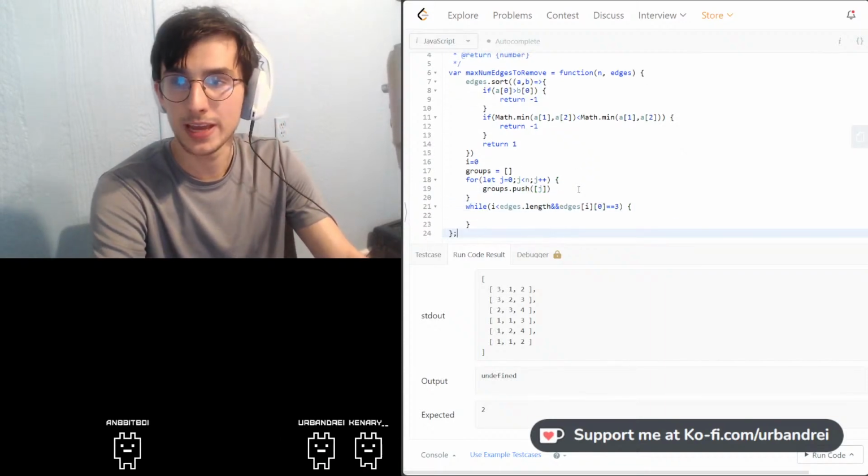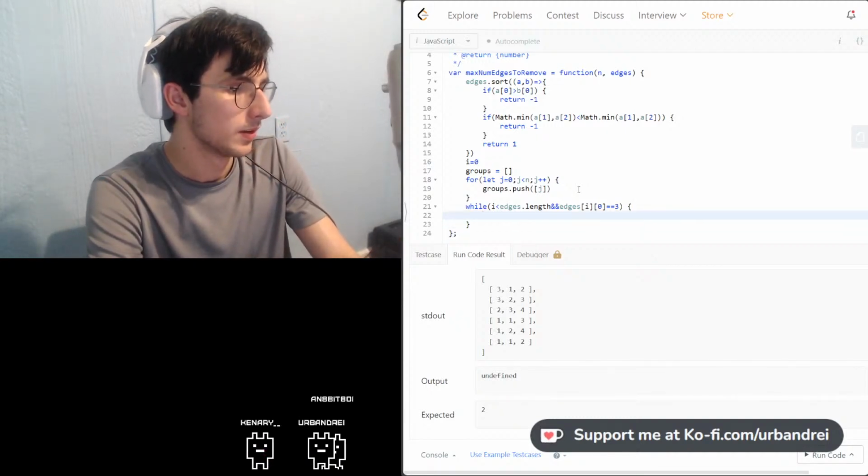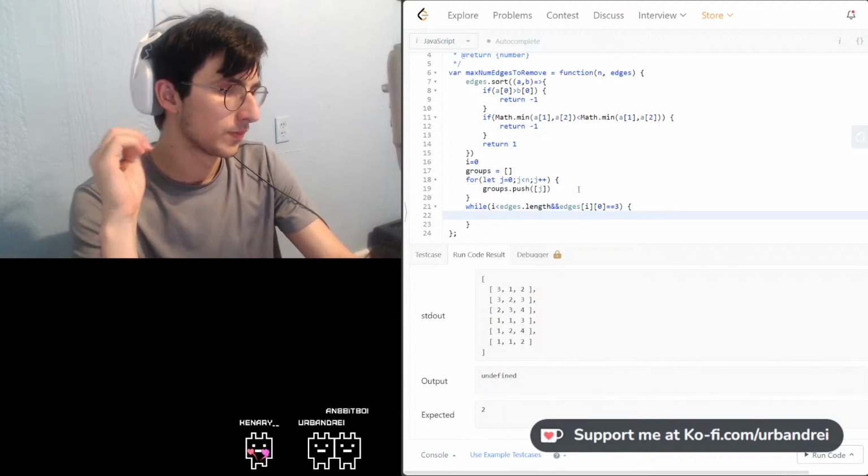So now we're going to have an array of arrays of all the nodes. And then for all the type 3 nodes, this is the groups, what we're going to do